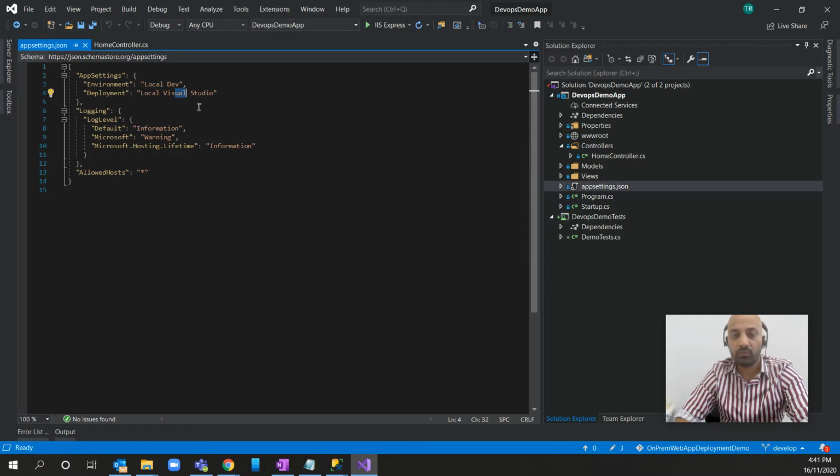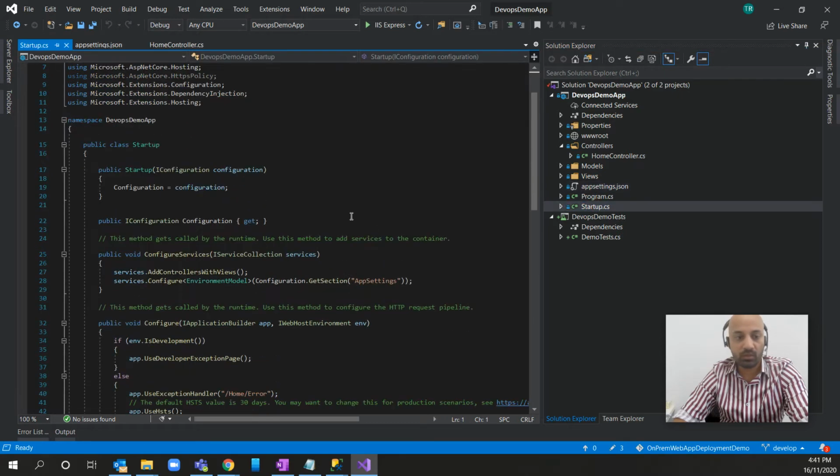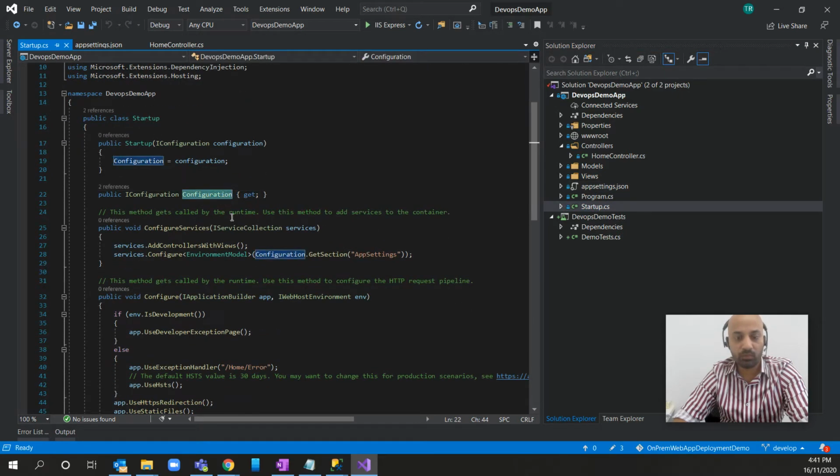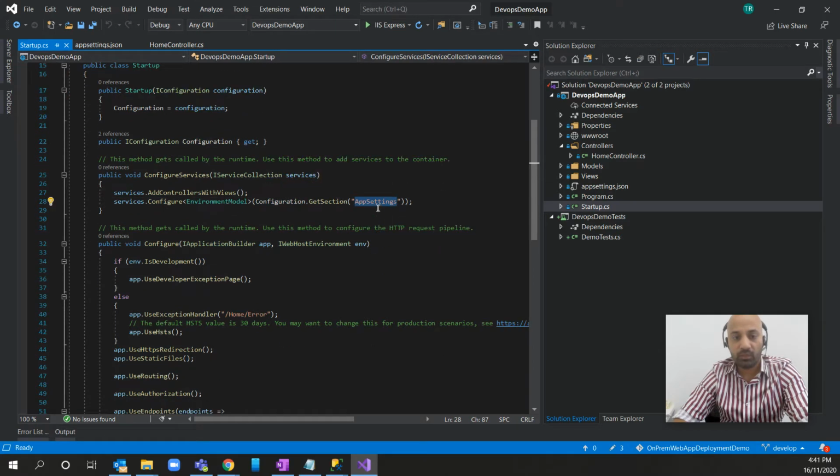Why we need this is when we build our pipeline, we'll see a functionality of Azure DevOps where we can inject those variables and we can change our app settings based on the environments. And that's specifically used when you want to replace your connection strings and other variables based on the environment. So the functionality is very simple. It's a simple web application, and what we're doing in the startup is that we're having this configuration, and we're just reading the app settings, and we read the app setting into the environment model, which I've created over here,